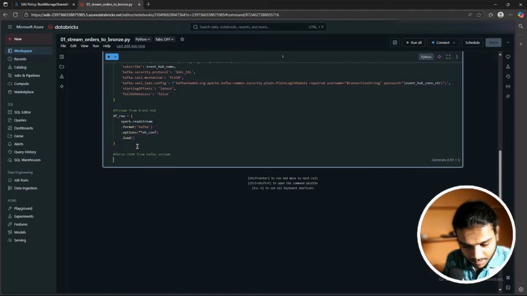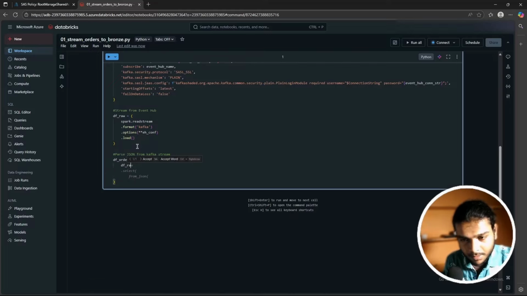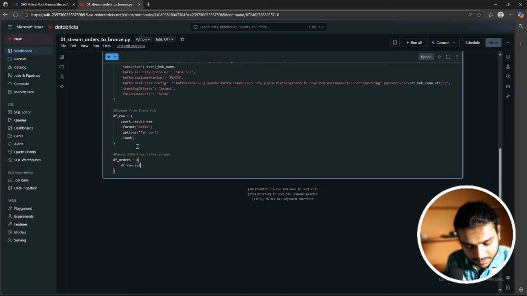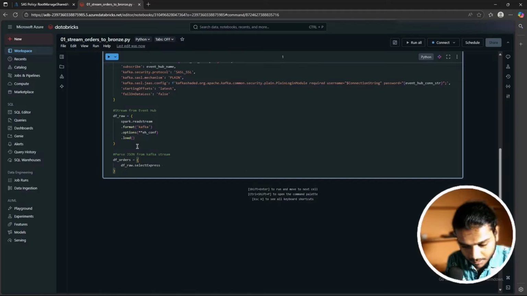Let's create another variable named df_orders, equals df_raw.selectExpr, I think expr, okay, expr, parenthesis open, CAST of value AS STRING, parenthesis closed,